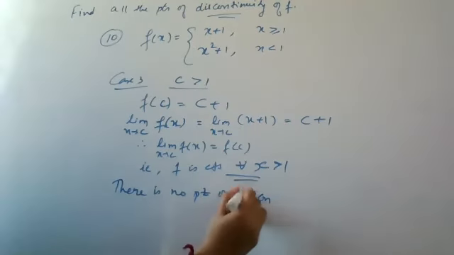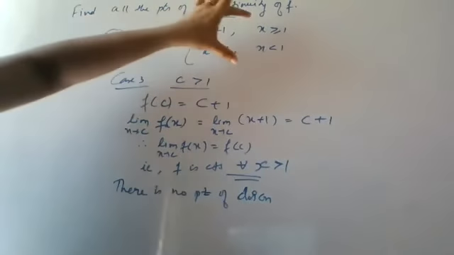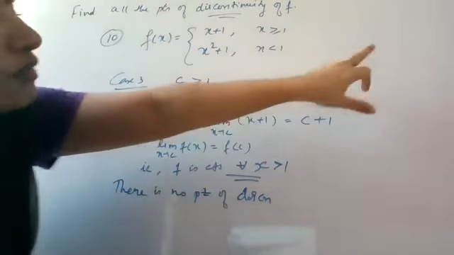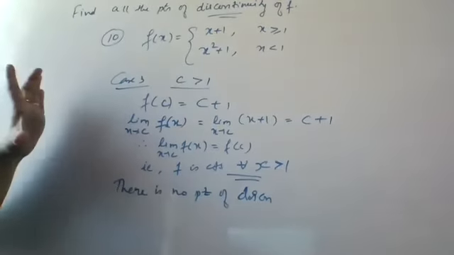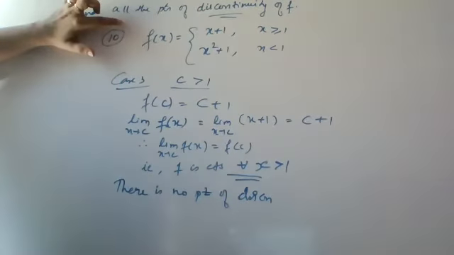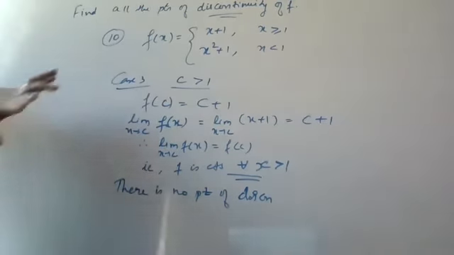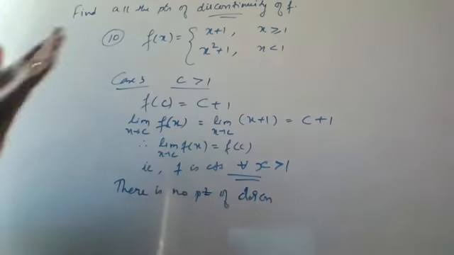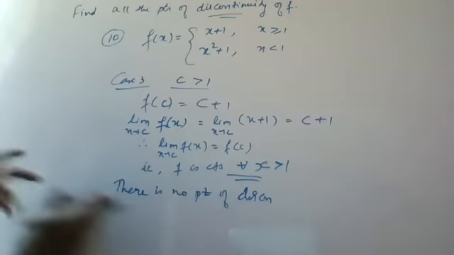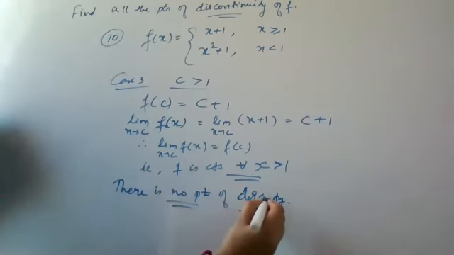So do you understand when you make these cases and do it? Otherwise, you only checked at a point. When they give a function like this and ask, is it continuous at x equal to 1, then you will find out only that second case: left, right, and at the point. But when the question is to find all the points of discontinuity or all the points of continuity, you have to make cases and do it. All the numbers less than 1, all the numbers greater than 1, you have to show this in all of these. So you have no point of discontinuity. Okay.